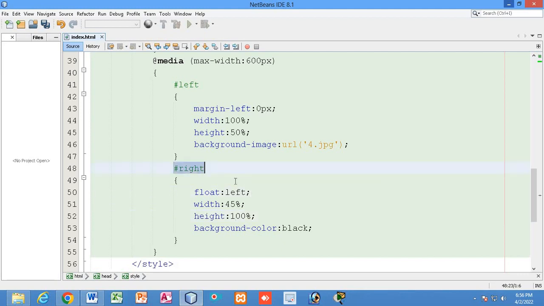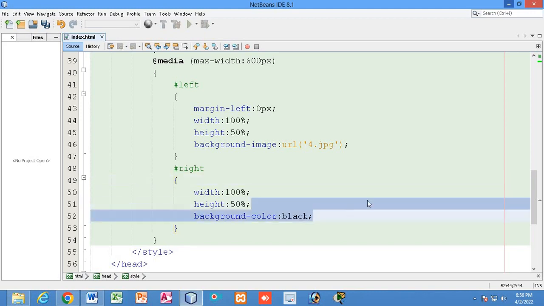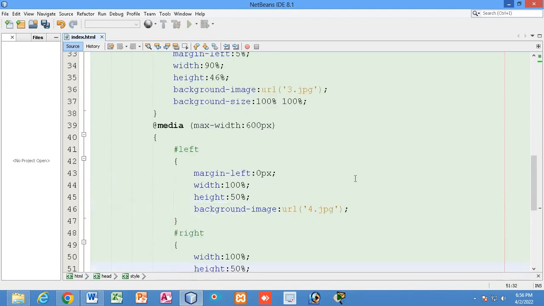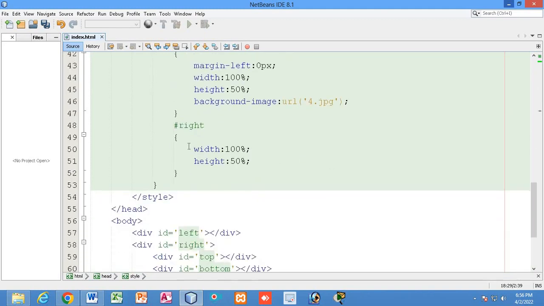So for the right div, I will just change the width. Width will be 100%, right? Height will be 50%, right? Only I will write the changed one, right? Other things are not required. See, right div having width and height 45 and 100, 45 and 100. Now that will change to 100 and 50. You can see 45% width, that width will convert to 100% width, right? 45% width will be there